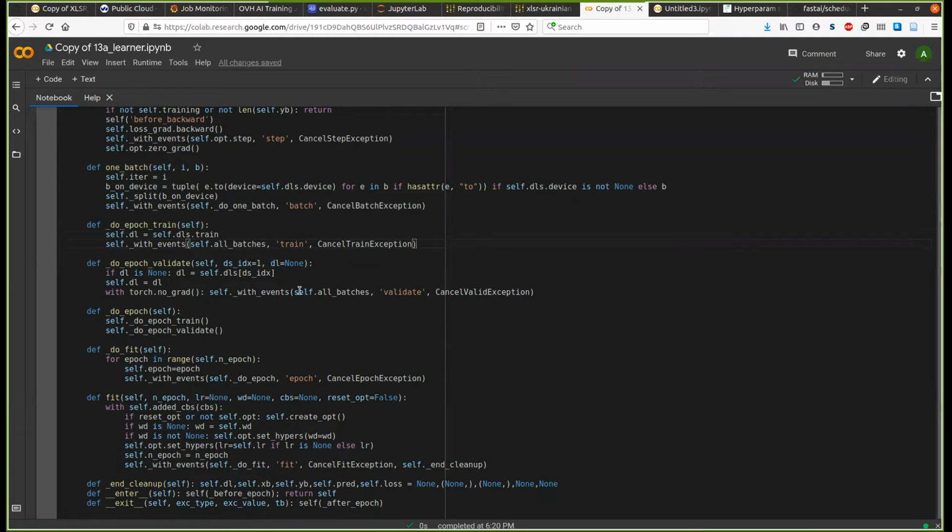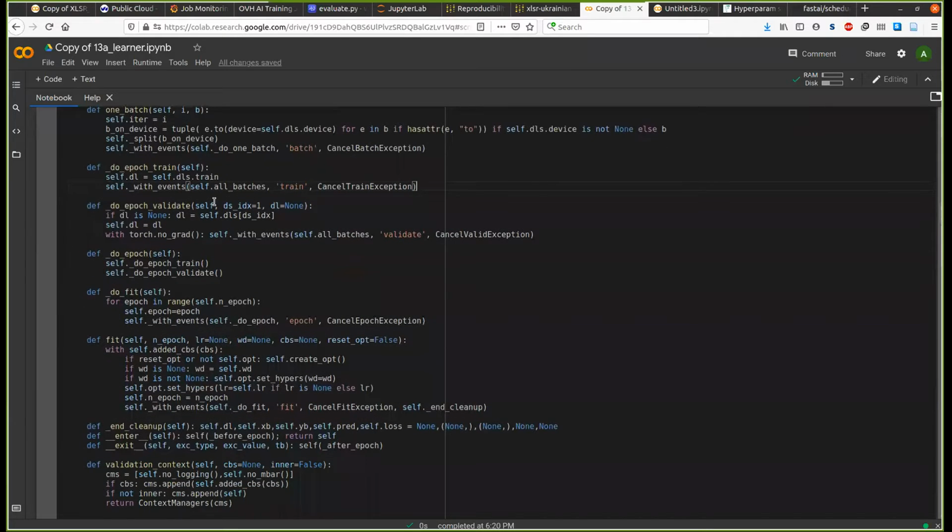When we do evaluation, it will have a before validate method, and it will set the model to eval mode, and also set this training argument on the learner. And you see that epoch is just a sequence of these two calls, and a fit is